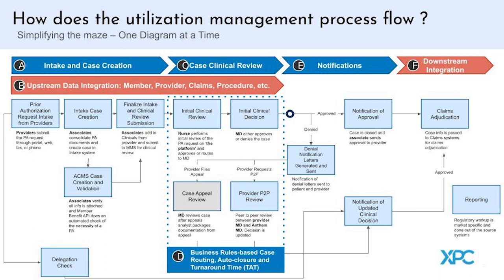When the provider enters the portal, sometimes we do a delegation check whether this particular contract has a delegated vendor or not. This process of onboarding delegates with our source systems and giving that information is worth millions of dollars. So it costs us and it costs the entity that has done the delegation millions of dollars to essentially integrate